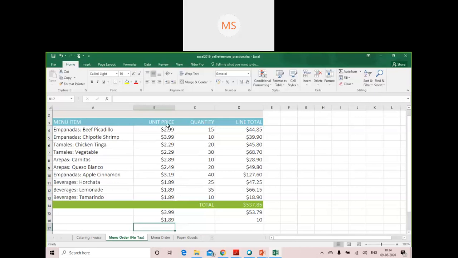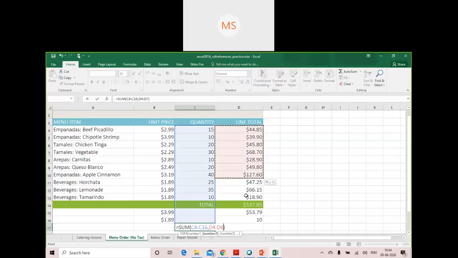Like if I want to add multiple cells together, I can make use of sum. I can go to this option and click on sum, and here I calculate the total of column C, comma, I want to calculate the total of this column also, comma, and this column also. Just forget about whether it is a price or quantity, just treat it as a simple number. If I want to sum all these numbers together, this is how I can do it.